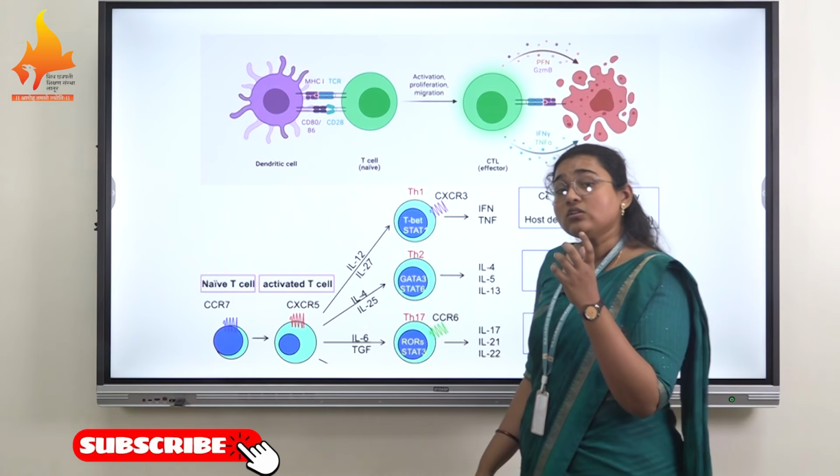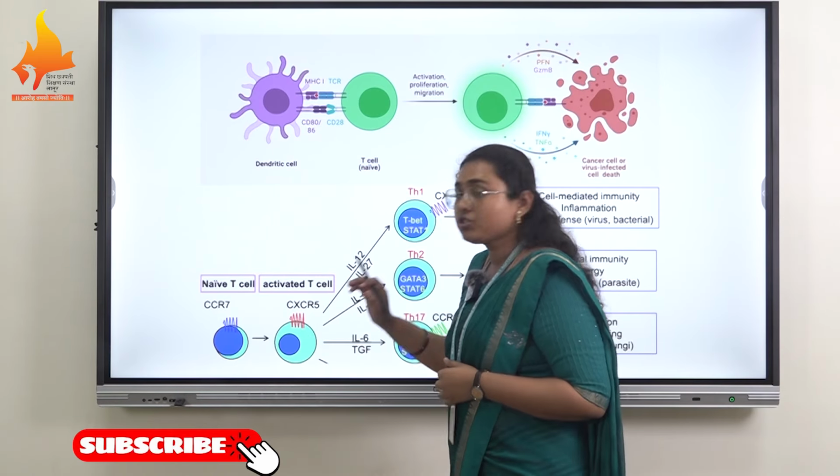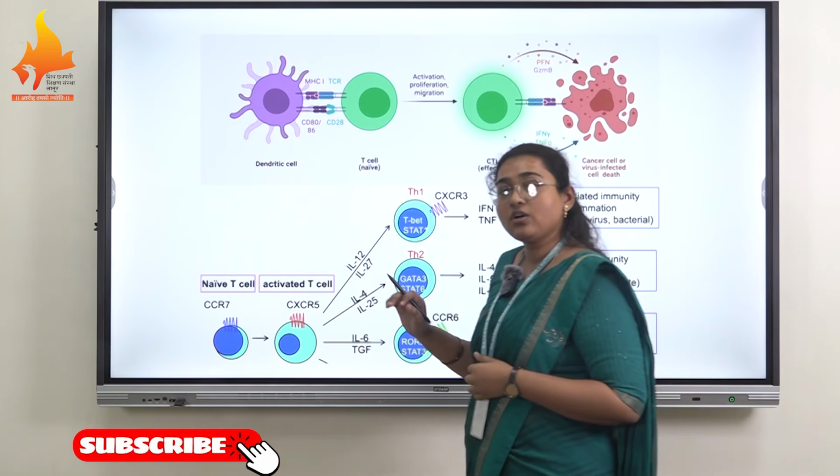Next concept is of the T helper cell. As we know, T cytotoxic cells are actually involved in killing of cells, but the T helper cell does not kill any type of cell. It releases some types of cytokine which stimulate and activate other types of lymphocytes, like macrophages, B lymphocytes, and the inflammatory immune response. So upon activation there is production of T helper cells. These T helper cells can be of different types: T helper cell 1, T helper cell 2, T helper cell 17. The function depends upon which type of cytokine they release.